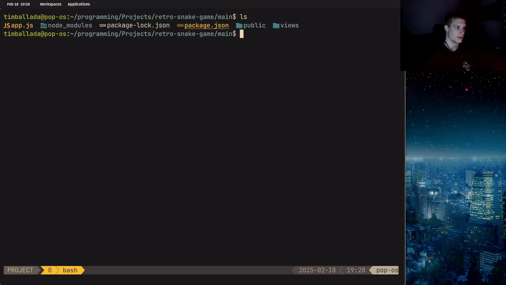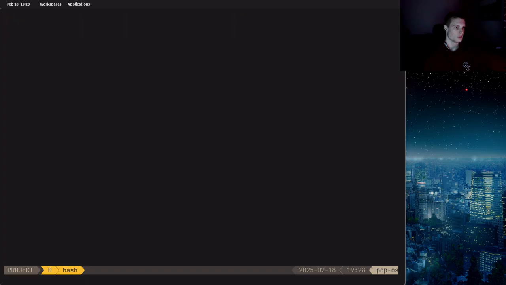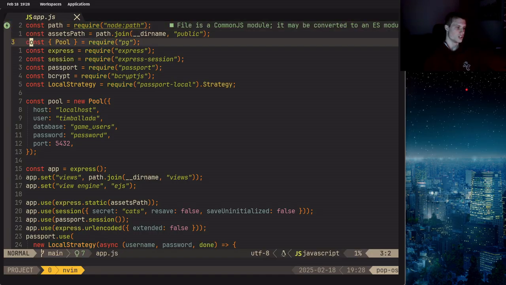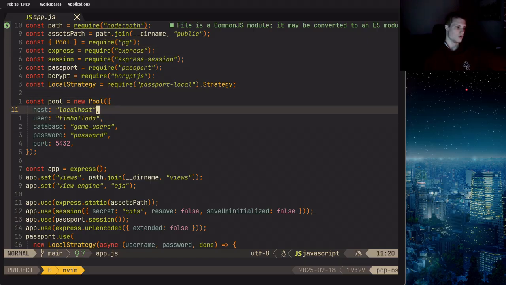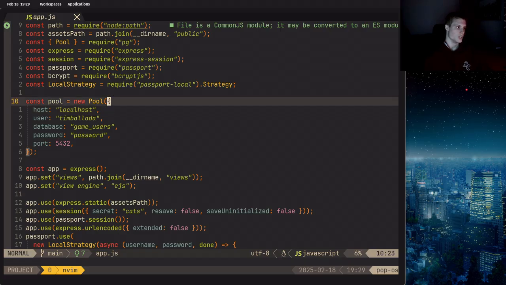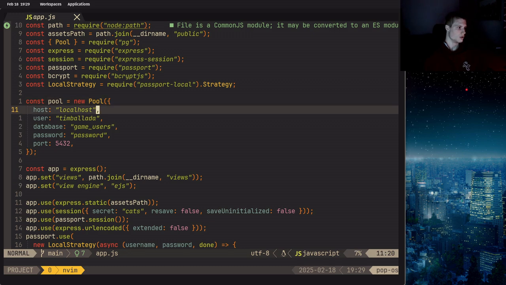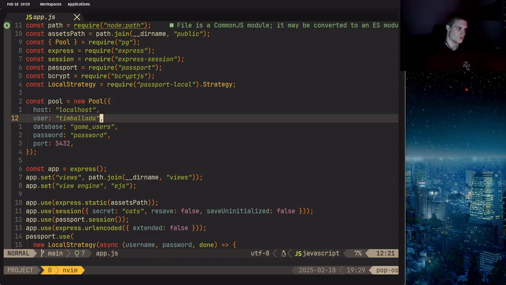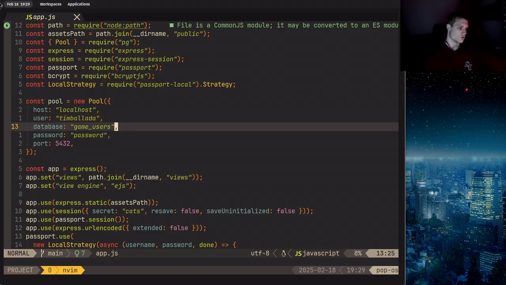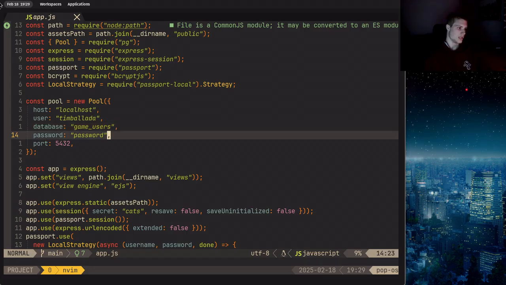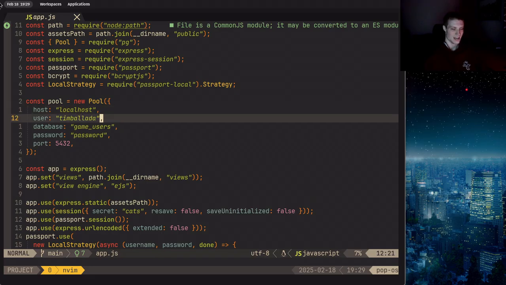So we've got the main app.js file. If we go into that quickly, yeah, I forgot to mention the PG library. I use that to connect to the Postgres database and access all the information into the actual JavaScript runtime environment. So right here, the pool host is localhost, which is just the private IP address of this machine. My name is what I used for the actual user on the database. Game_users is the name of the database, and I just put password as the password for my user,